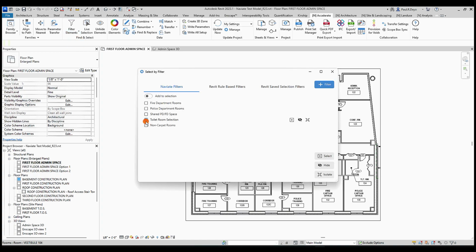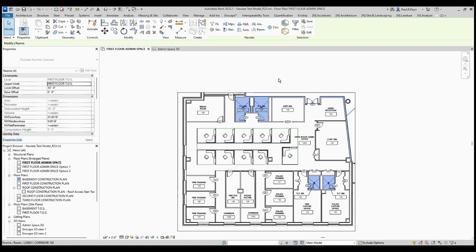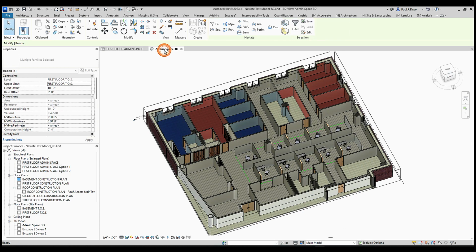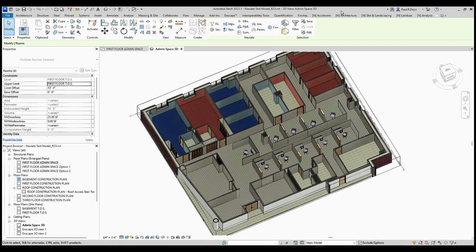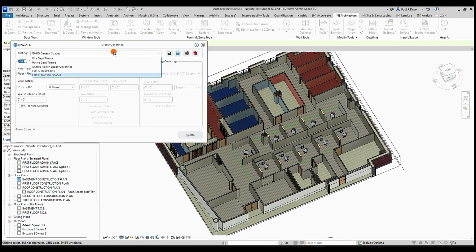In this instance, maybe I know those toilet rooms are going to have ceramic tile or something like that on the floor. So I'll go ahead and select those. I'm going to come back into my 3D view so we can see this happen in real time. Back to Naviate Architecture, Create Coverings again. And this time I have some